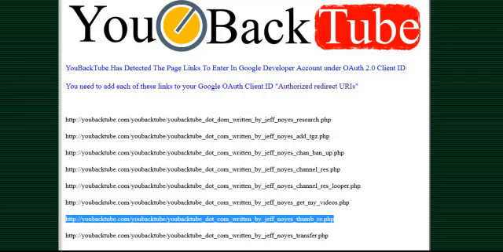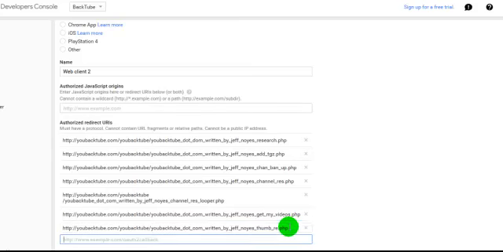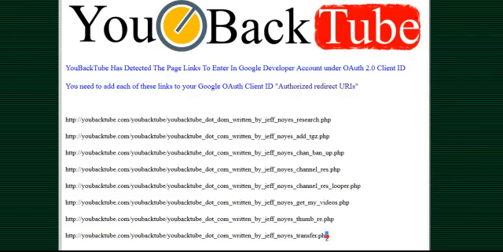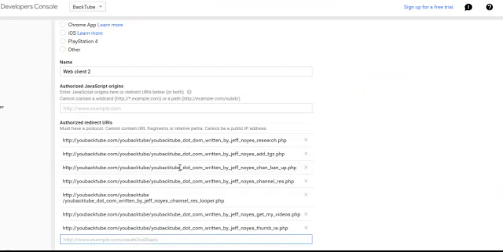To be honest though, it's actually a pretty good system, and it works really well, so I'm not really complaining about it. I'm just saying it's a little bit of a pain to do this, but it only takes a minute. Okay, so once you've got your 8 links copied and put into your application,